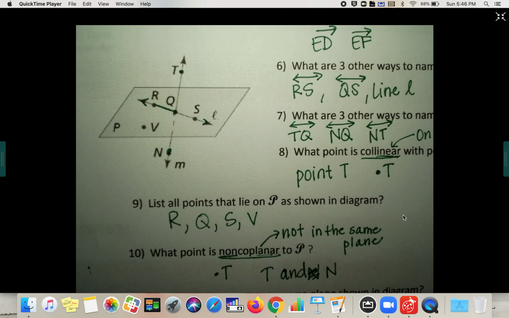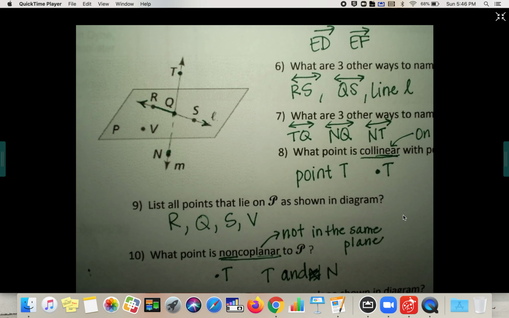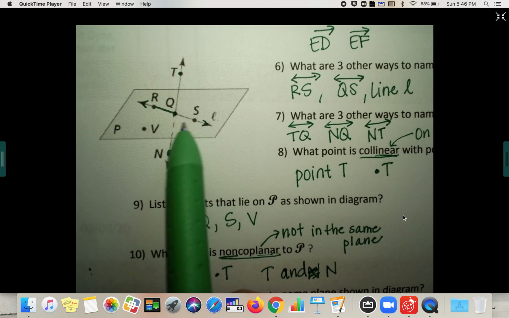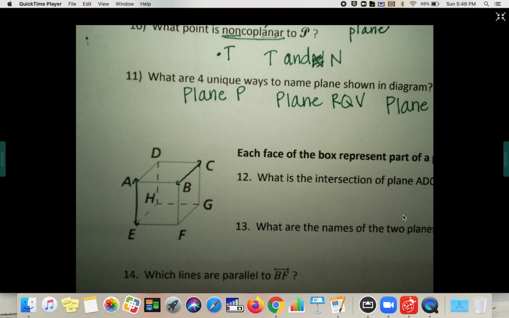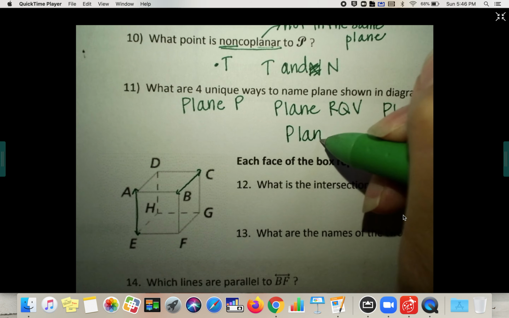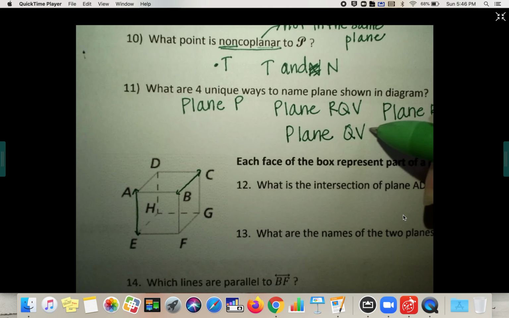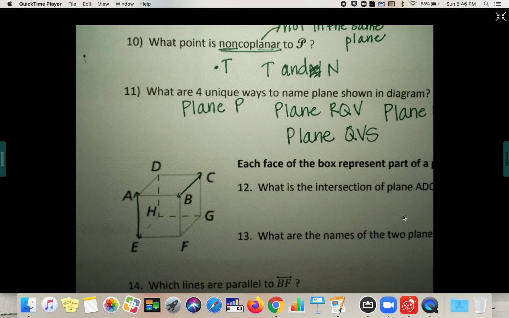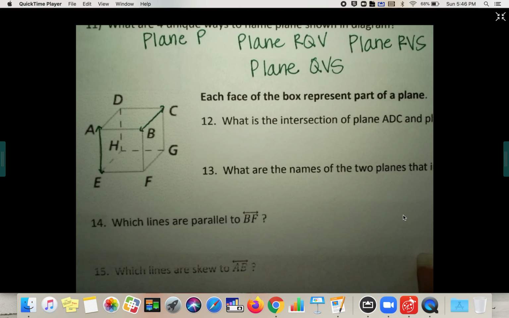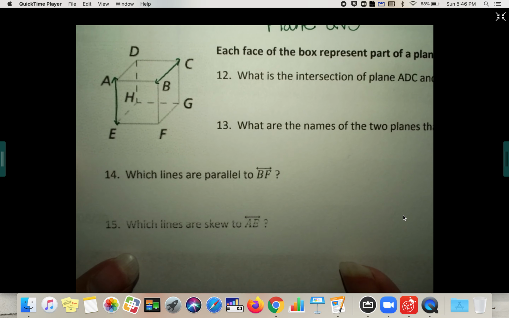Let's look. How about QVS? I don't think we've used that yet. Q and S are on the same line, but V is not. So plane QVS. Okay, great. Let's go down and look at numbers 12 and 13 about this box that I kind of already